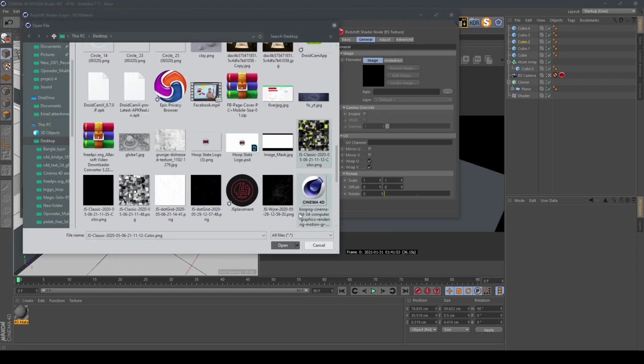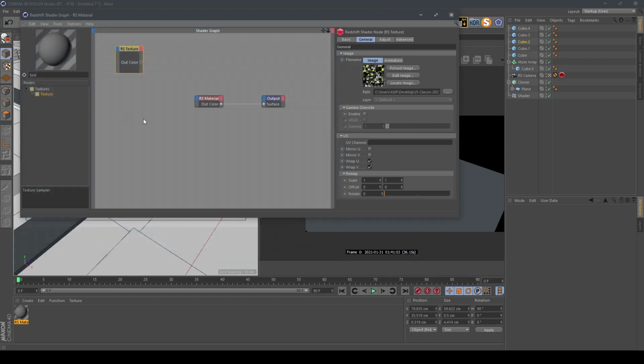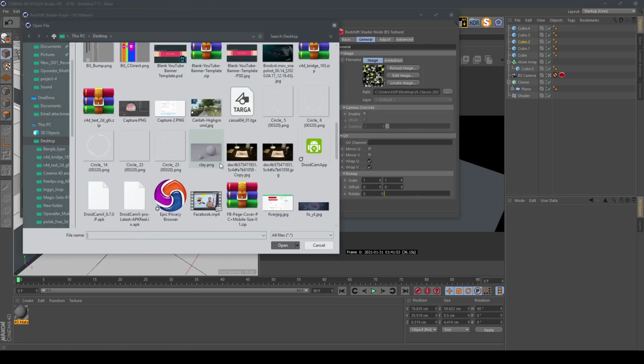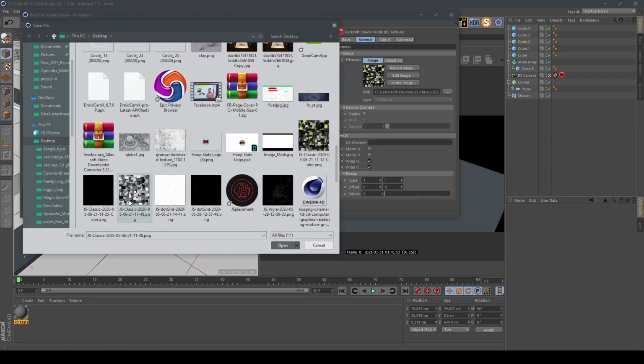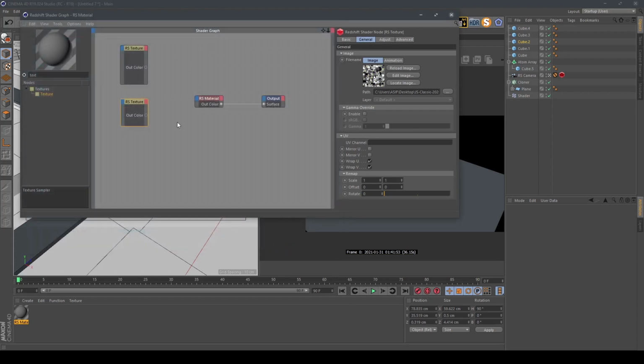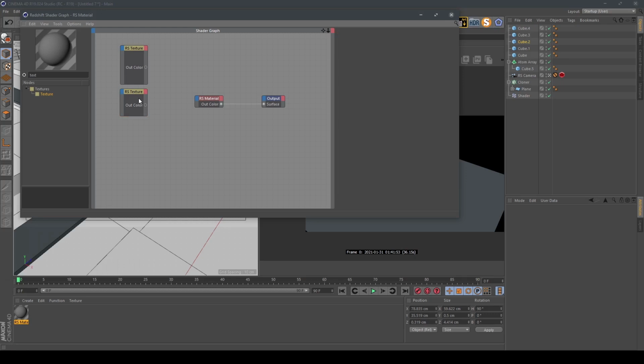As you can see, this one, open. Okay, we will copy it here, and in this one we will use the black and white version. This one, open. Okay, and again we'll copy,